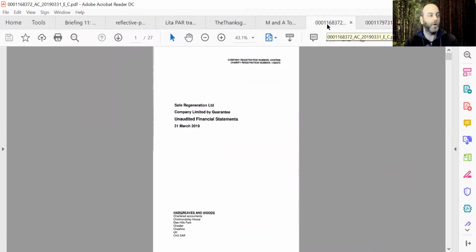Okay, now this is a charity. If you go into the Charity Commission website, you can look up any charity and you can find their filed accounts. And Safe Regeneration here is a charity that's over in Merseyside, so still in the Northwest. It's also a charity that's interested in taking a whole community approach, and it's doing that through acquiring and developing tracts of land alongside canals and on old industrial estates to create new buildings and facilities to create community benefit with. That sounds a bit familiar, which is why I thought it might be a good fit